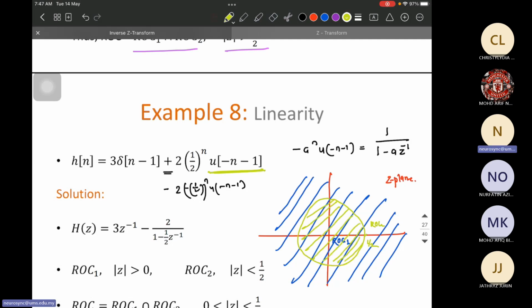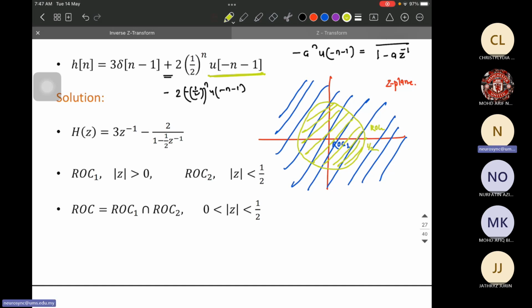Therefore, if we do the intersection of these two ROCs, what will be the final ROC we get? We'll get the ROC between 0 and 1 by 2. This is very important. If this type of question comes in the exam, then you also need to draw the Z plane, these ROC regions, everything. Mention the x-axis, this is real of Z, this is j times imaginary of Z, like this. You need to mention everything